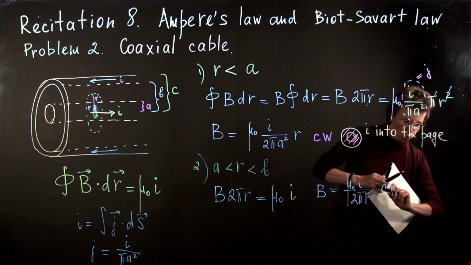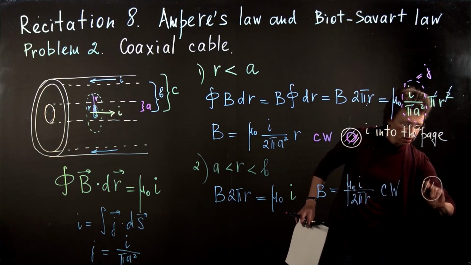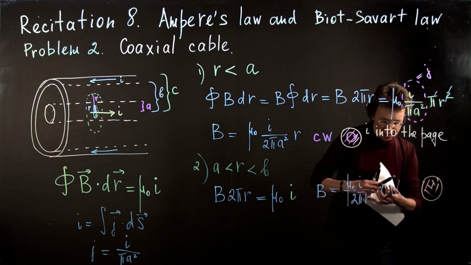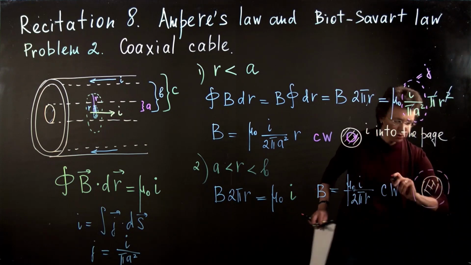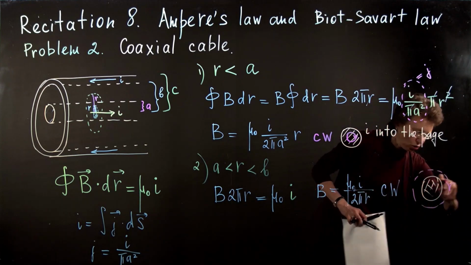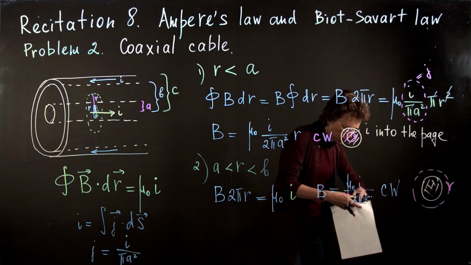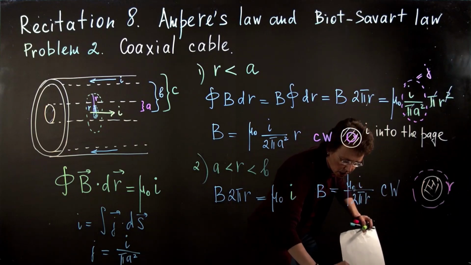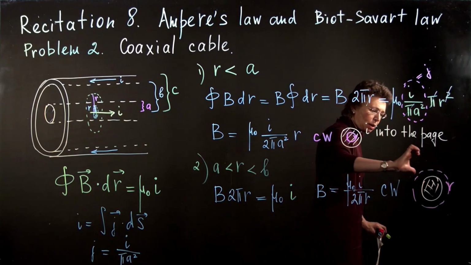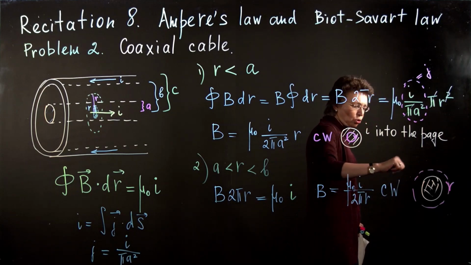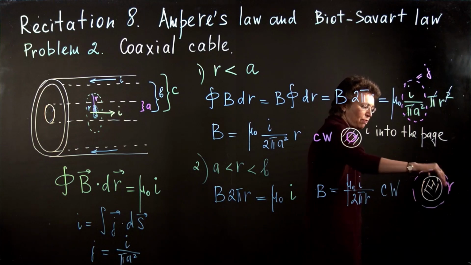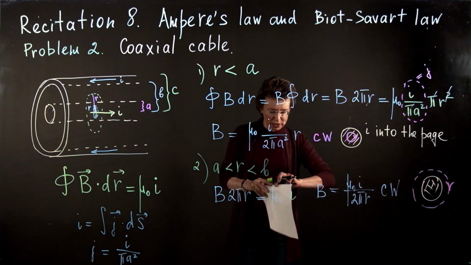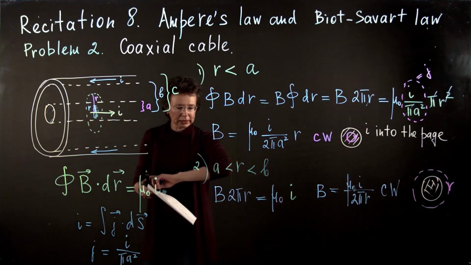So here's my wire. And then here are the lines of the magnetic field. The direction is clockwise. Why? One more time. Because, let me just put it here. Because I put my thumb, current is into the page, this is side view, I put my thumb along current, I bend my fingers, and yes, it is clockwise, we did it right, we did it correctly.